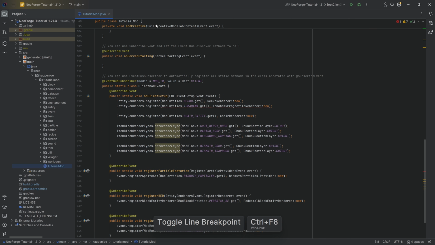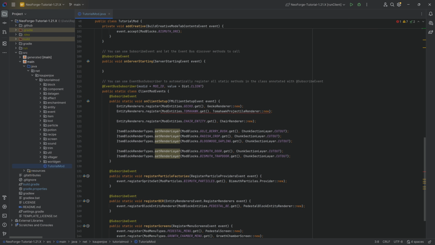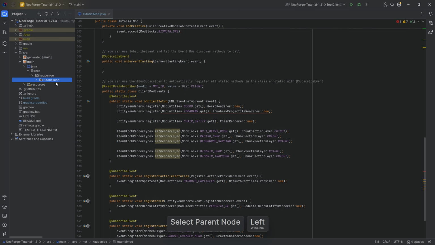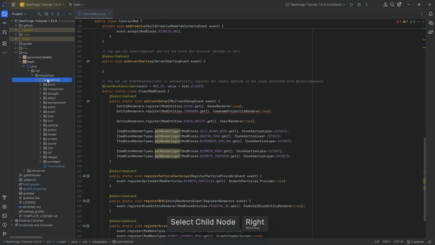In the tutorial mod class, we actually don't need to do anything, because the error over here is basically going to be fixed in just a second, basically on its own. Not quite on its own, but when we fix another error. And what we want to do, though, is we want to go to our tutorial mod package, or whatever the name of the mod package is, basically where everything is contained. And here we want to click on this, and we want to press